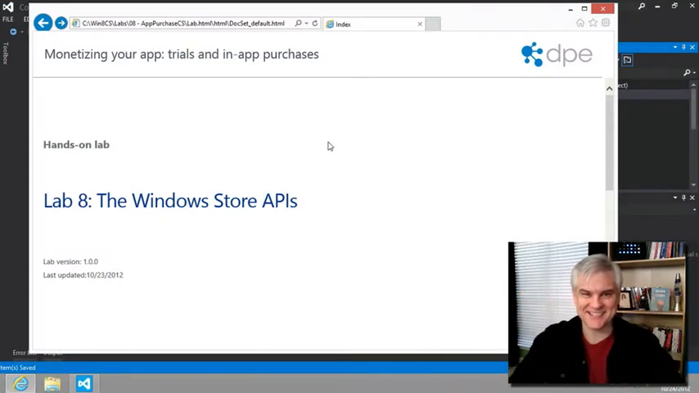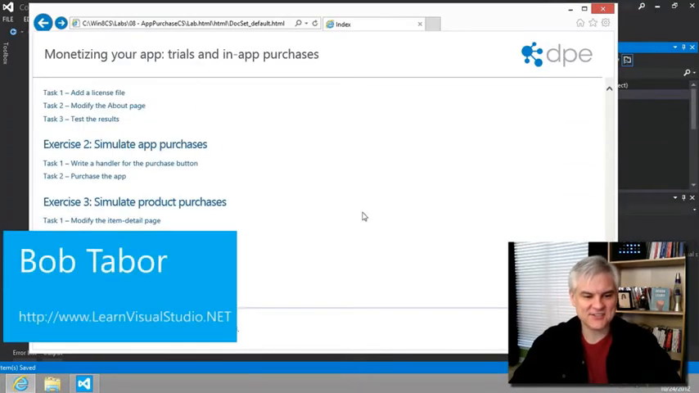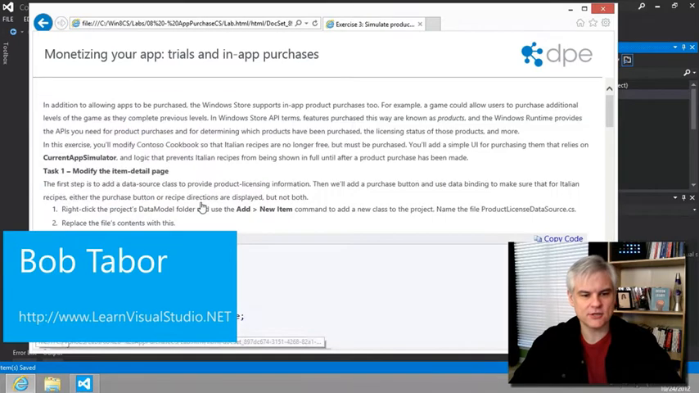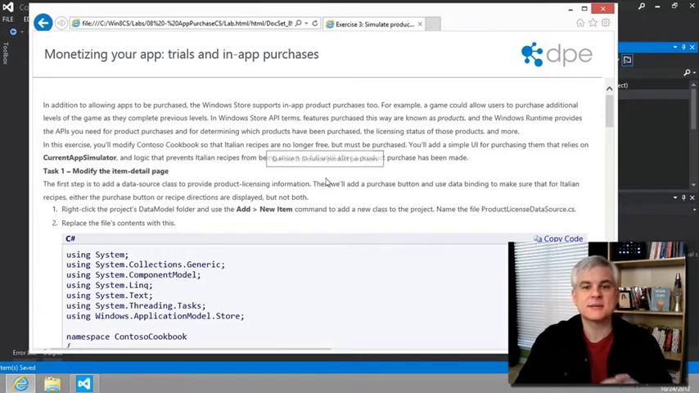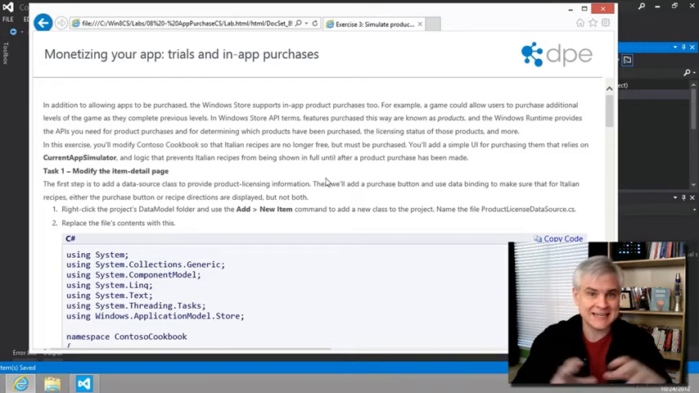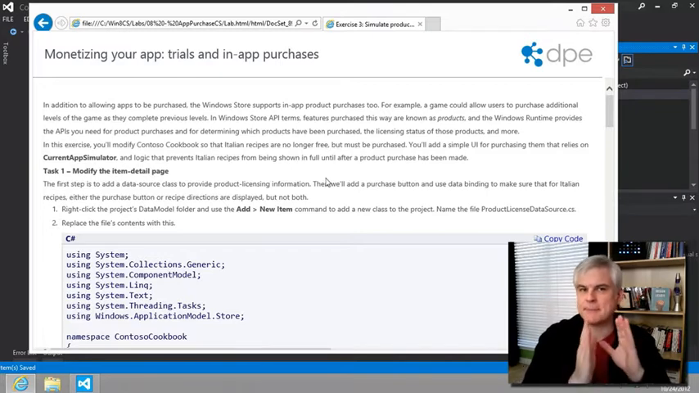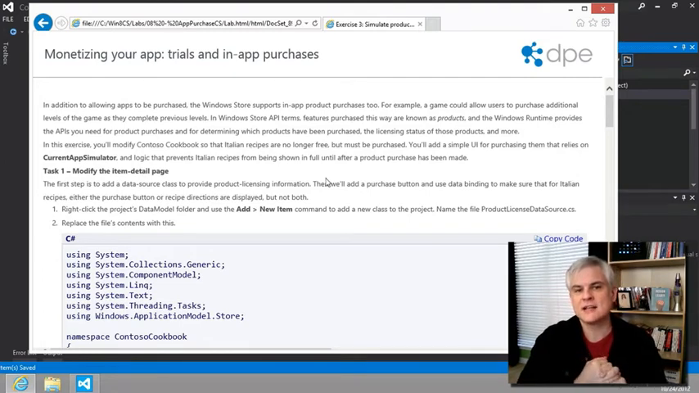Final exercise, all right? We are in exercise number 3, simulate product purchases. As the introductory paragraph explains, a product is simply a feature that can be paid for and unlocked independent of whether the app itself is in trial mode or full version. It's just another way to monetize your app. The canonical example is that of a game where you can unlock levels or sell in-game vanity items or things